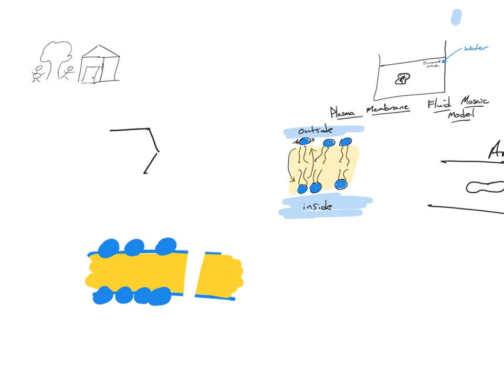So let's draw a sugar. Just a simple hexagon. You've got to get this thing through. It dissolves in water, so it's polar. Will it dissolve through this nonpolar area? No. So it can't get through. It can't get through the membrane.